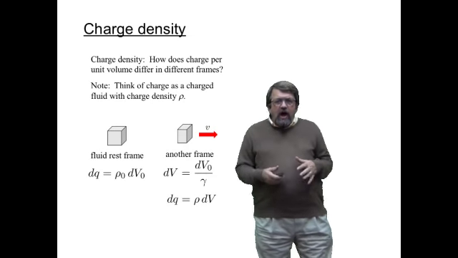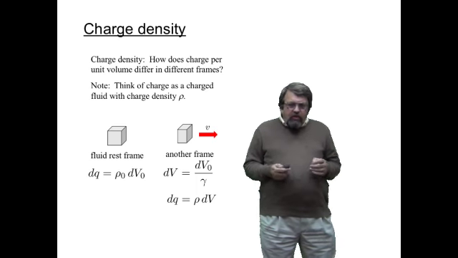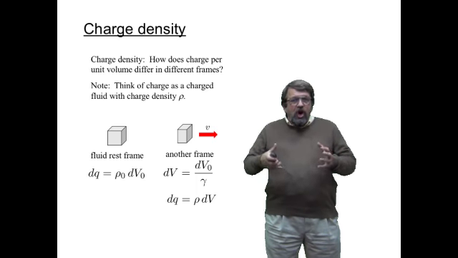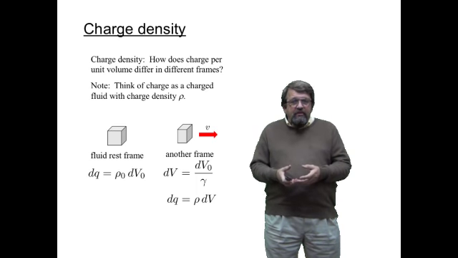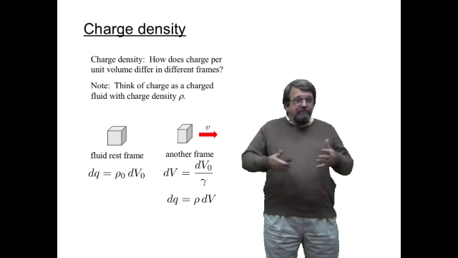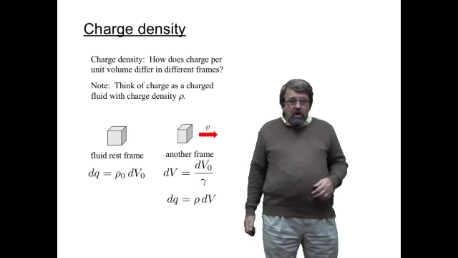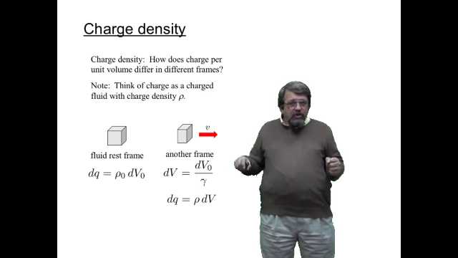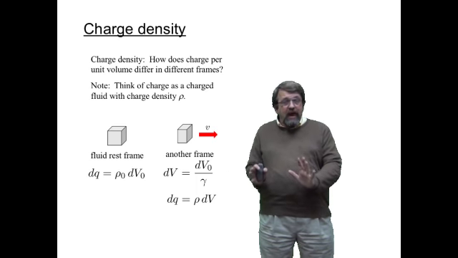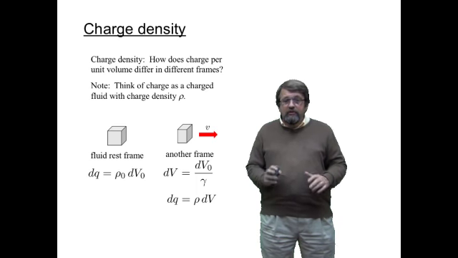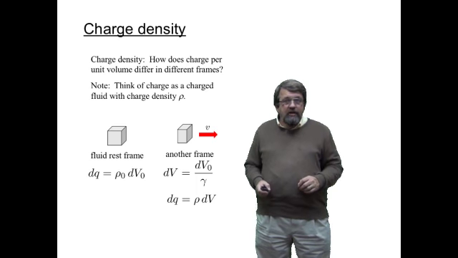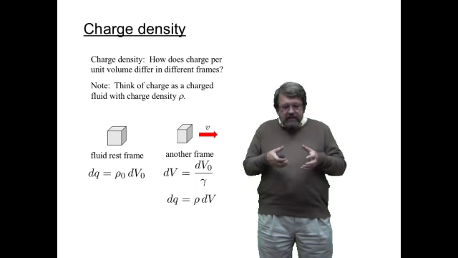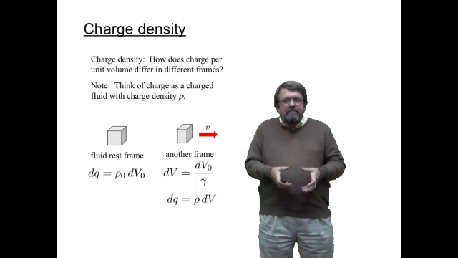Okay, let's consider a related example. The question is, how does the charge density in a region of space depend on the frame of reference in which you examine it? So what we imagine is a charged fluid, and it has a charge density rho. Now, if we look at the frame of reference in which the fluid is at rest, then that is what we might call the proper charge density, rho naught. And so the total charge in a little box, a little volume, would be dq equal to rho naught dV,